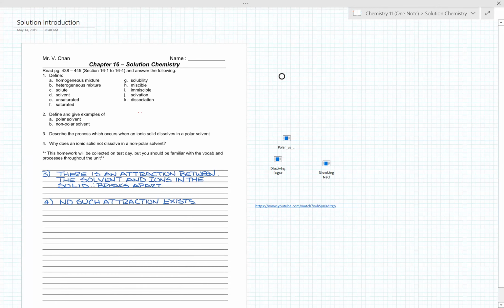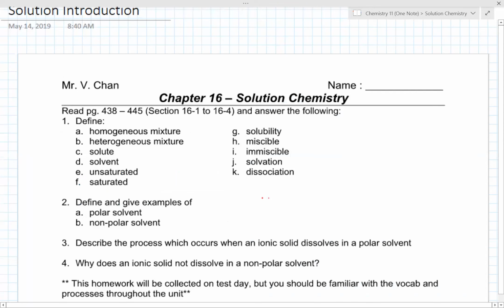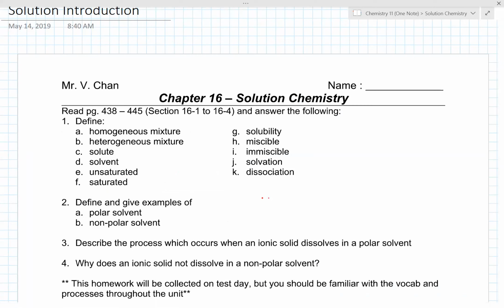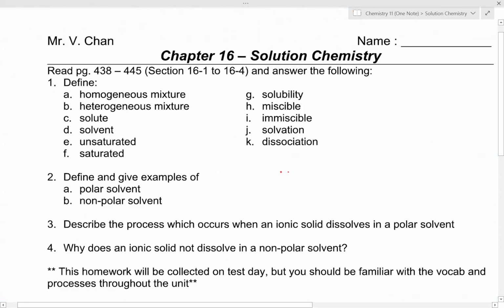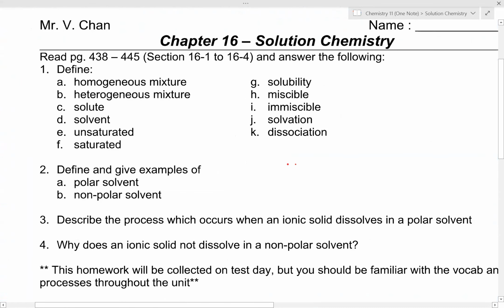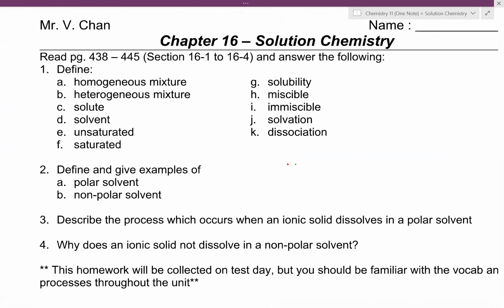And last day I gave you these four questions for you to answer in preparation for this unit. So basically you had to do a definition, you had to do a description, and you had to explain why an ionic solid does not dissolve in a polar solvent. Now, before I go to the description and the explanation of why for question number 4, one thing I want